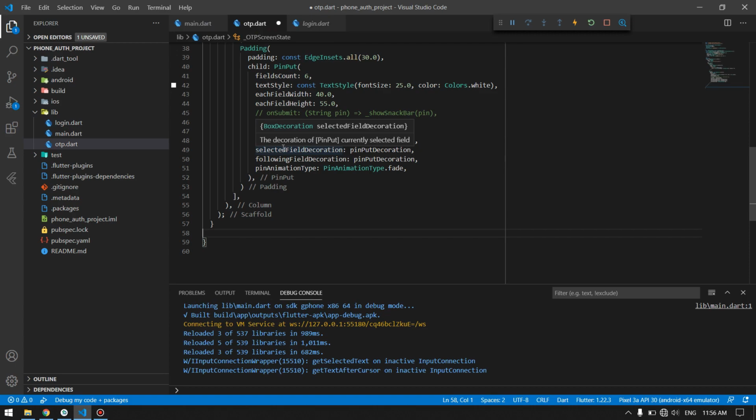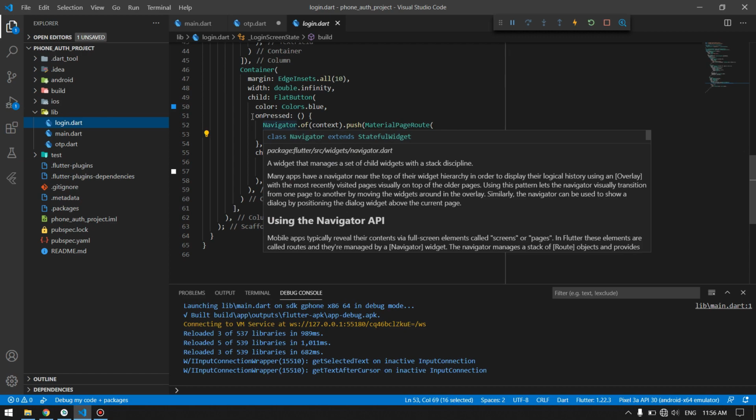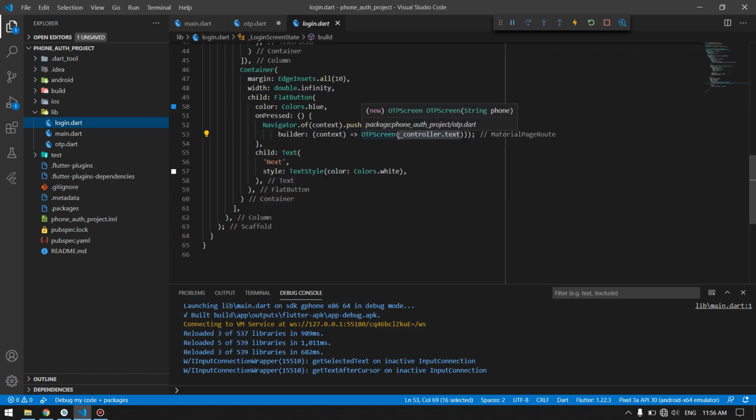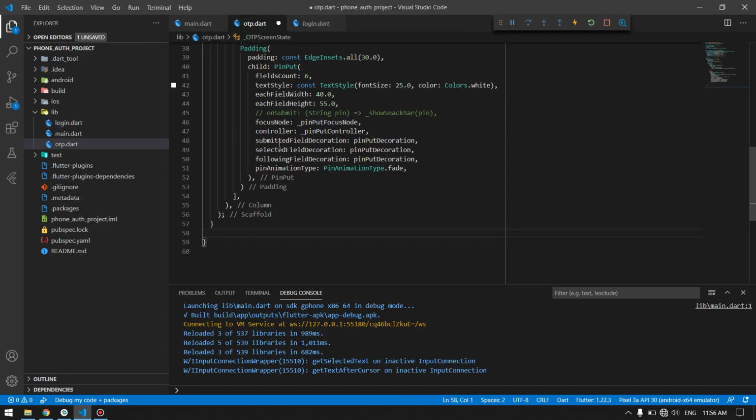So till now we haven't sent any verification code to the provided phone number, even in the login screen. All we did was just send the phone number into our OTP screen. It means that we have to control everything in our OTP screen, and in this screen we have to create a function where it has to send the verification code to the phone number,